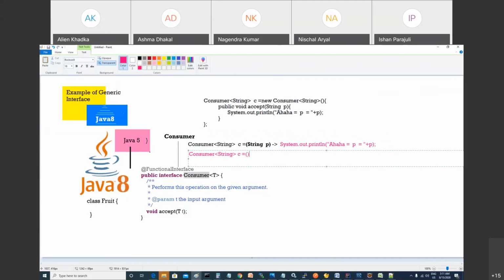So you can write the same thing like this also. System.out.println hello P, right? This is okay.